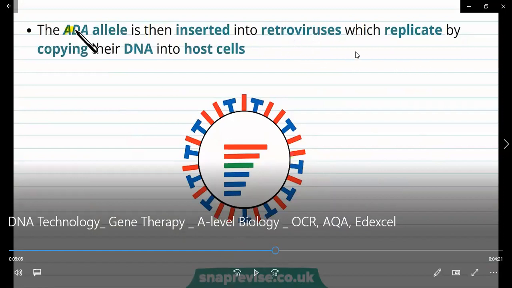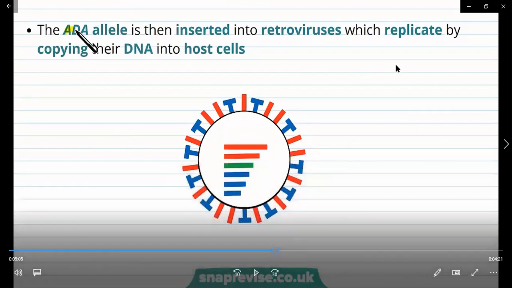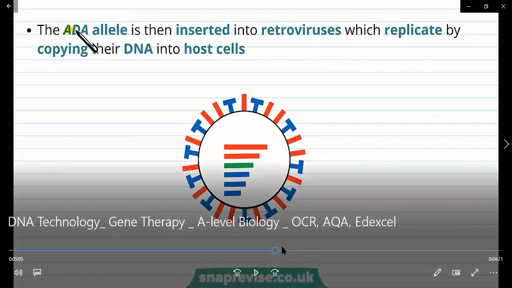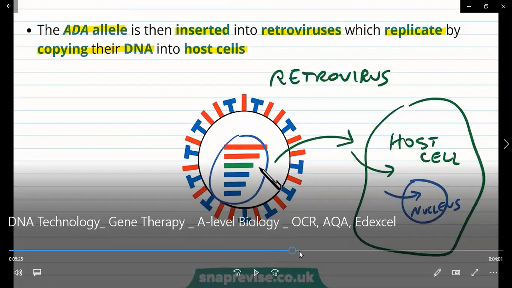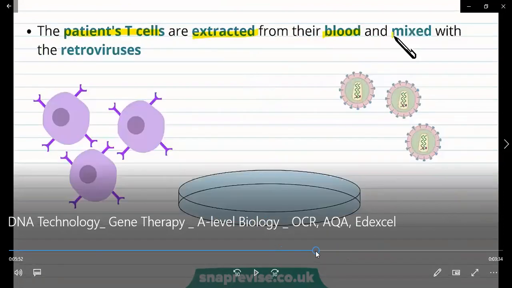So a retrovirus is a virus that can infect cells, and they are able to inject their DNA into your DNA and force you to actually start making their proteins. So retroviruses would include like HIV. Because they knew that these viruses were already very good at injecting their DNA into host cells, they said, okay, if we could put this gene into the retrovirus, then we could get the retrovirus injected into the cells that we want them to inject into. So that was the principle of it.